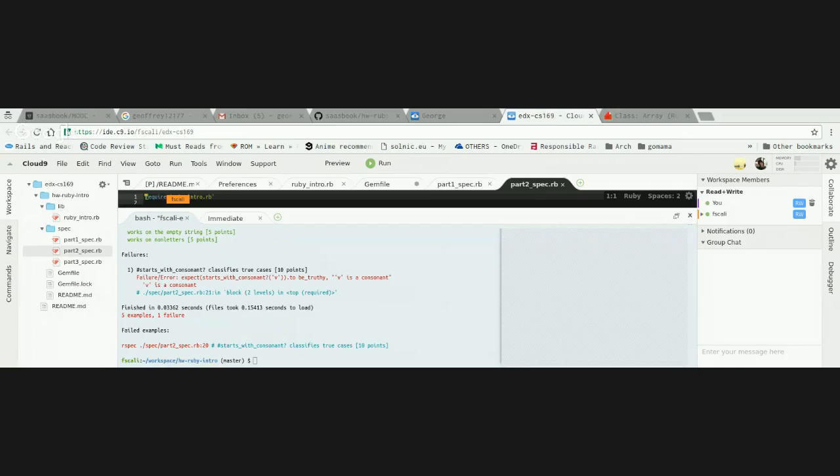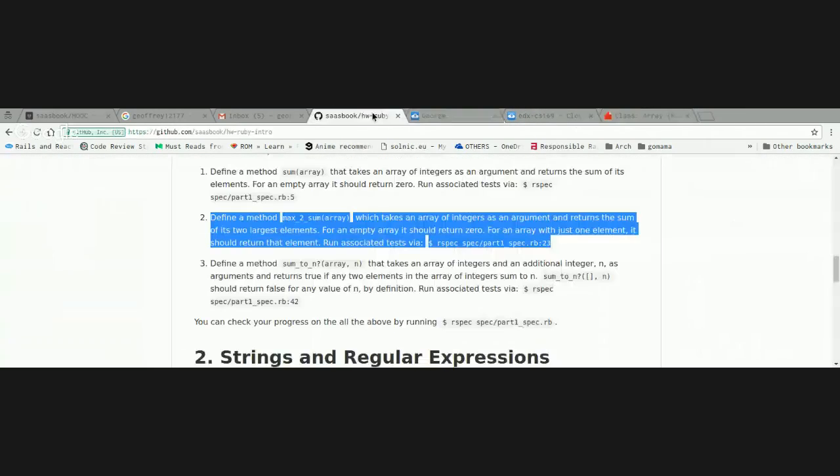That will return true if the first letter is from A to Z, or A to Z, so it works both for lowercase and uppercase. But it doesn't work because you need not A to Z, but a consonant letter. Sorry, that is not correct.